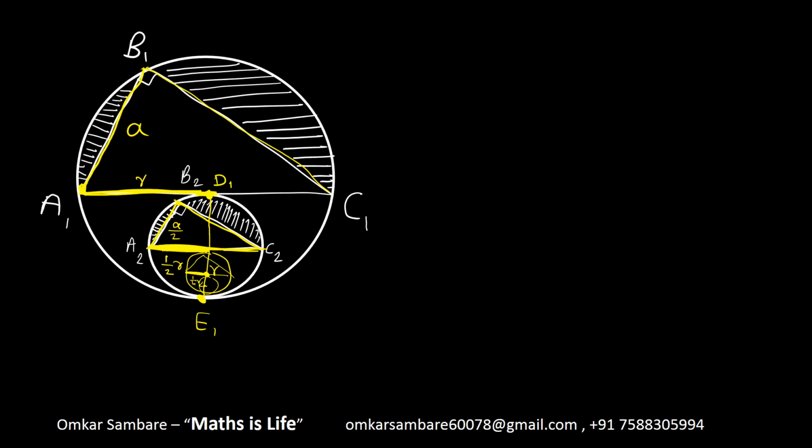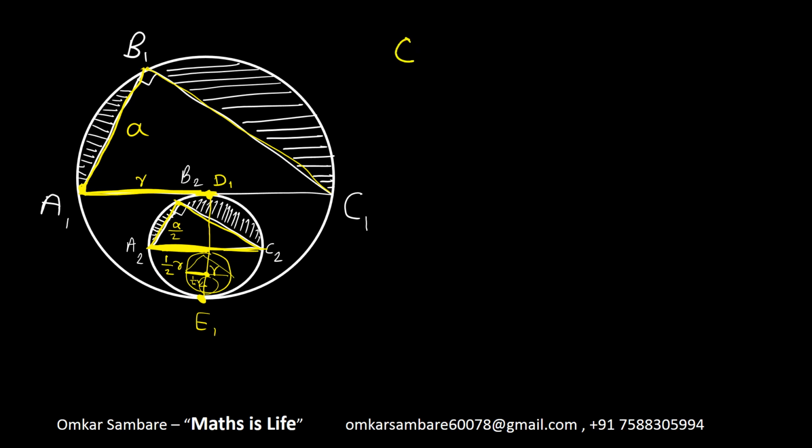But actually we are not interested in the sides of triangles. What are we interested in? The area of the shaded region, and for that, the area of the triangles. So if we get the sum of the areas of all triangles or the sum of the areas of all semicircles, then it will be easy.